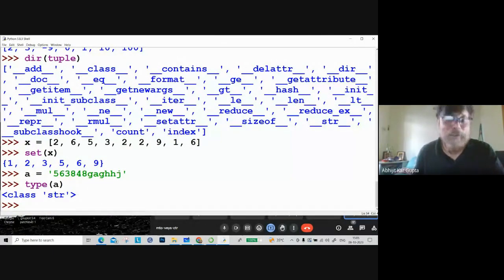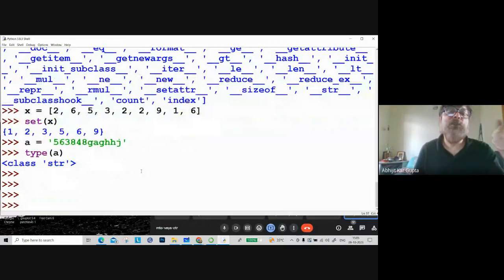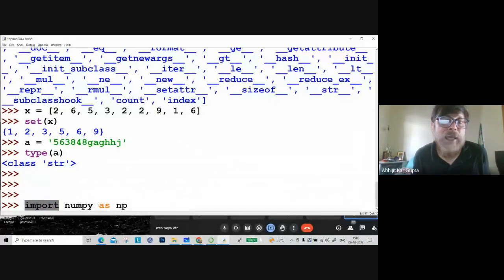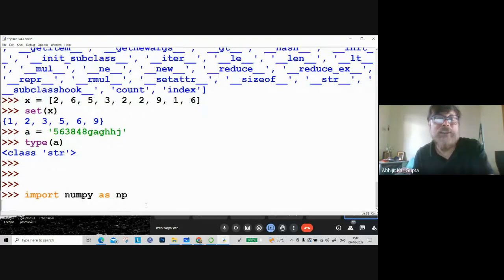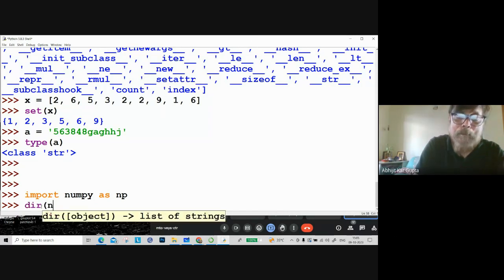Okay, so let's see here. If you want to use NumPy, that means NumPy is an external package, and I have already installed it in this machine. So like all other modules, you have to import numpy, and you can give it a local name as np. This import is a special keyword, and as is a special keyword. numpy is the name, np is the given name. If you write this, it will take a little time, and the NumPy module, the library, is here. So if you write dir(np), you'll see